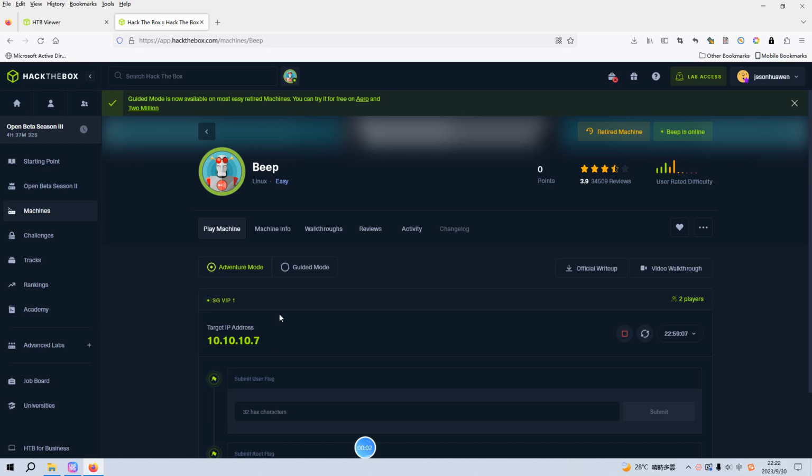Today I'd like to go through the machine Beep on Hack The Box. I've already spawned the machine earlier, and this is the IP address of the target. Then I'd like to use the Parrot OS box, which is online Parrot OS provided by Hack The Box, to do this